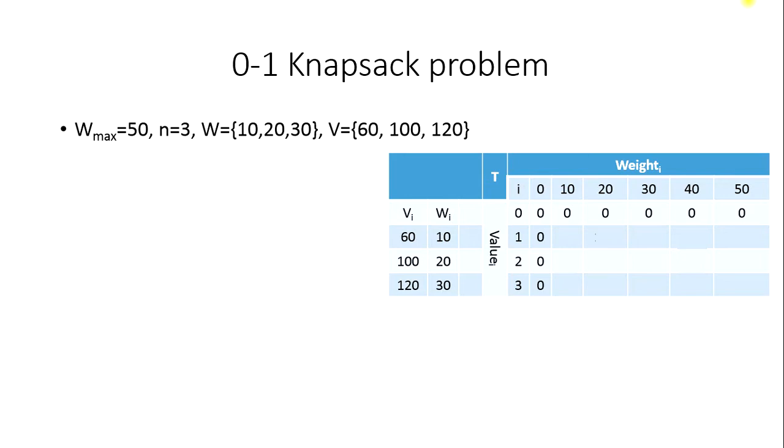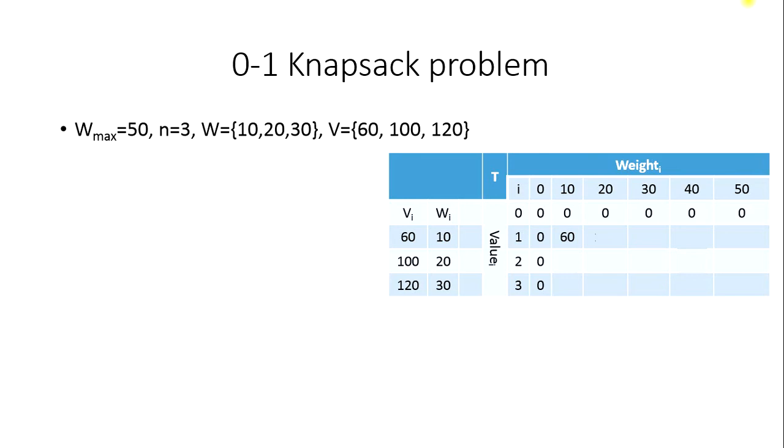Then let's suppose we hold one item and place it in the bag, that is i equals 1. i equals 1 and we take one item of 10 kg. i equals 1 basically means that in this entire row we can only take one item and place it in the bag, nothing more, not more than one item. So if the bag is filled with 10 kg, we will take one item of 10 kg and the bag will hold valuables of $60.